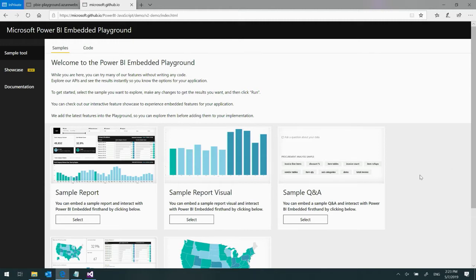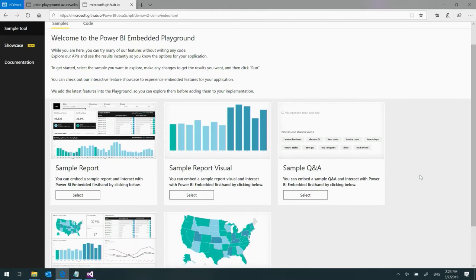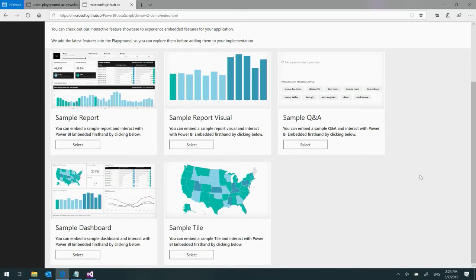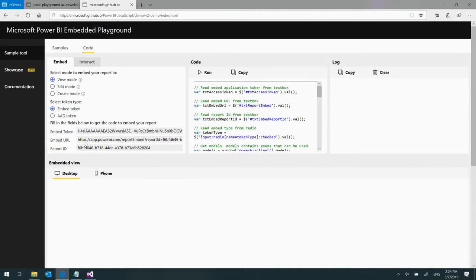Okay? We'll go through everything to see how we can read this playground. The first thing I'll see is everything that I can embed with Power BI Embedded. I can embed a report, a dashboard, a tile, a report visual, and even Power BI's Q&A natural language processing experience. If I click on one, we'll try the report for now because this is the rest of our session